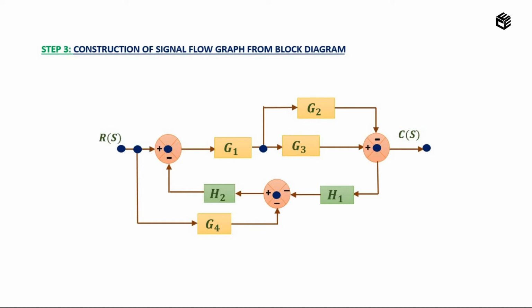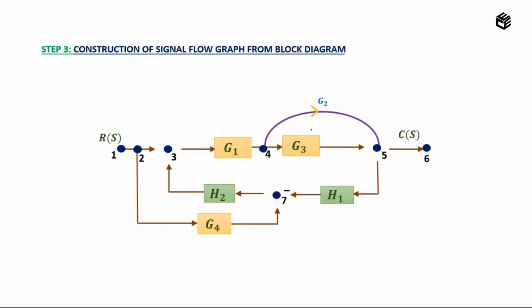The third step is we need to identify the gains available in the block and replace that block with the help of the signal flow graph. See here, I am going to replace the summers and I am going to replace the first gain G2. How can we replace? Like this. I have removed it. Now I am going to remove this block G3. How can I replace? I have replaced like this.